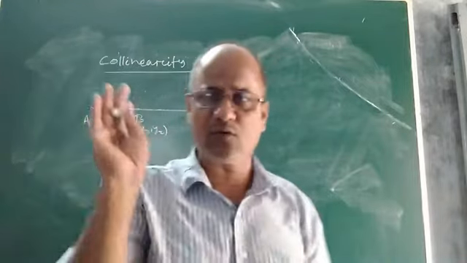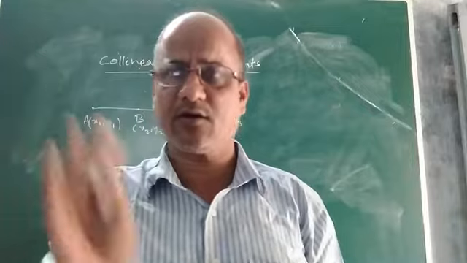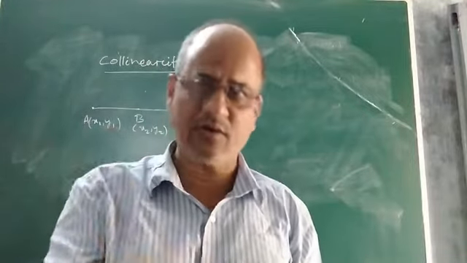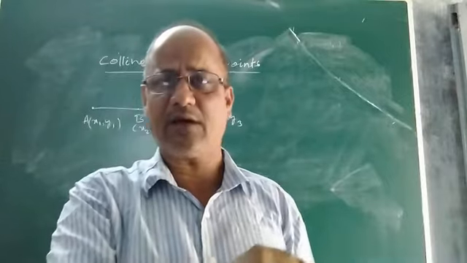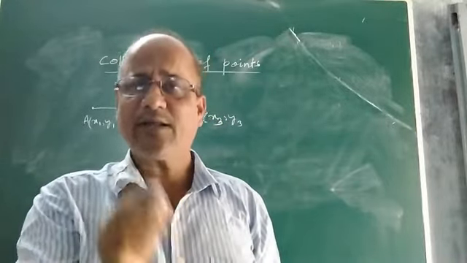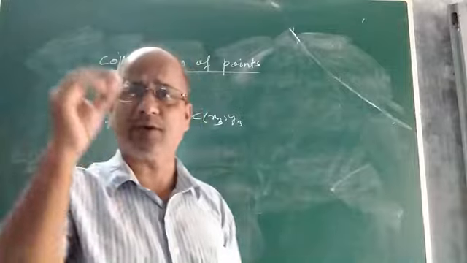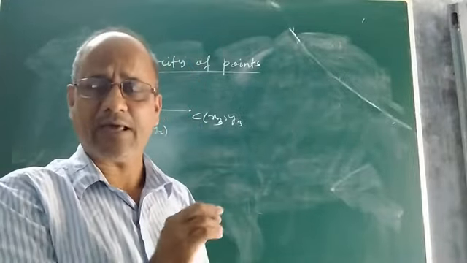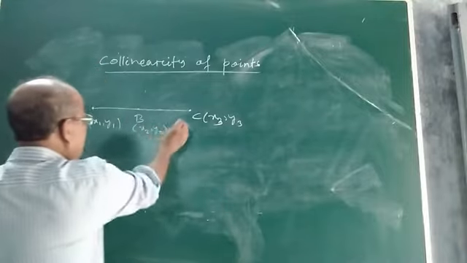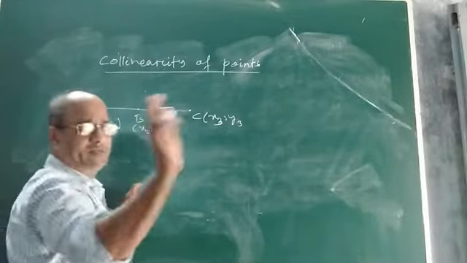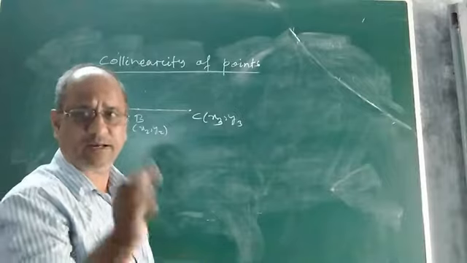Now the point is, how will you know whether they lie on the same line or not? If they lie on the same line, then only they will be collinear. Now how to know that these 3 points lie on the same line? What is the condition for 3 points to become collinear? Using coordinate geometry, today let us discuss. You see, now the condition for collinearity of 3 points whose coordinates are given is what?